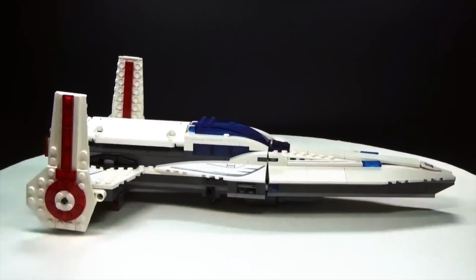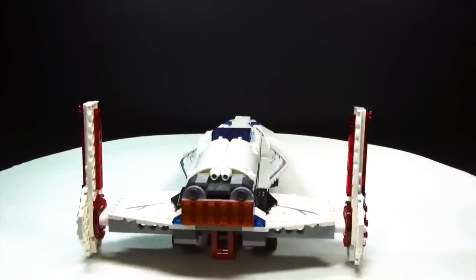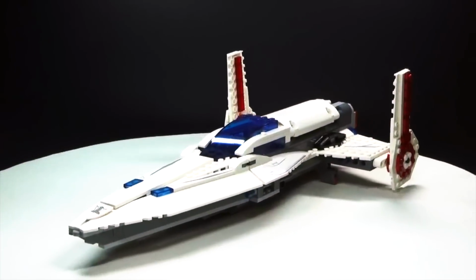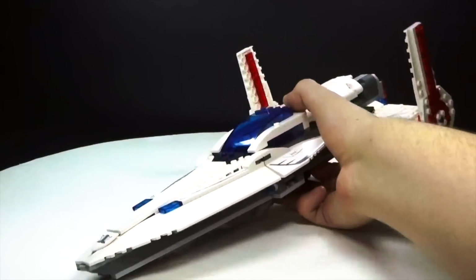So here is the Javelin spaceship. As you can see, it is a really cool model. I really like the way they designed this. I think it looks really classic looking, and I think they did a good job on it. As you can see, here is the